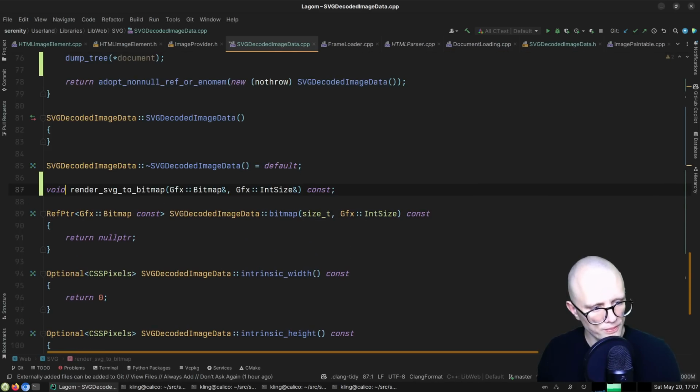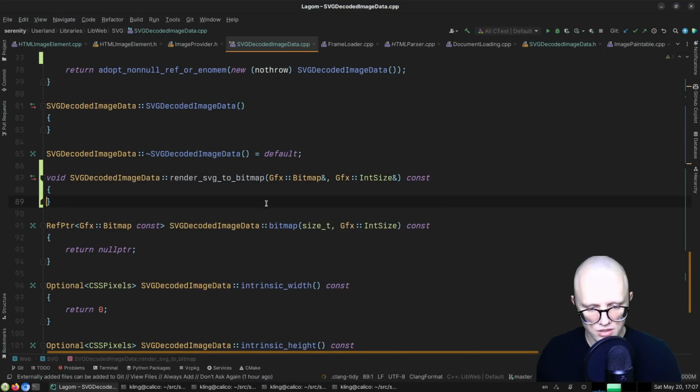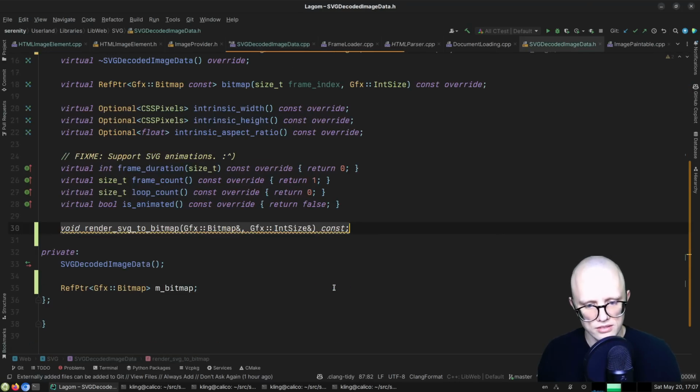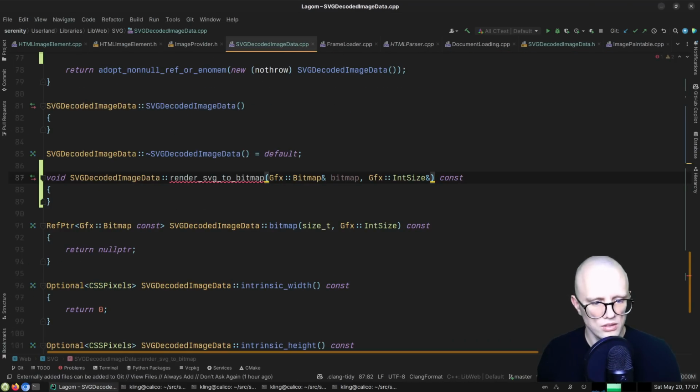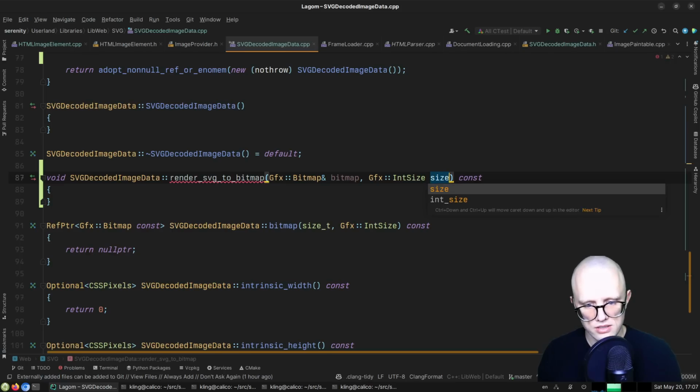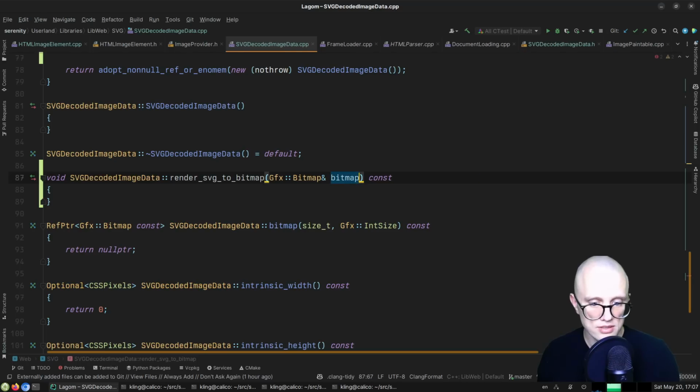Okay, so that thing does not need to be a reference. Case size. And actually, the bitmap itself,